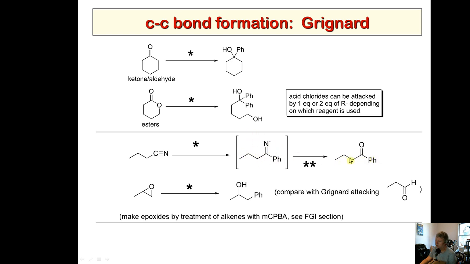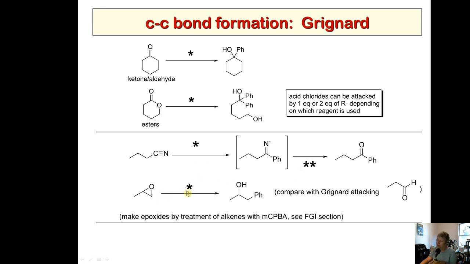hydrolyzes with water or acid water to give you the ketone. Okay. The mechanism is really easy, right? The Grignard attacks, electrons go up, and then usually with H3O+, this can get protonated twice. So you have 2 protons and a plus charge, and then water just attacks and proton transfer kicks off. Okay. Then of course